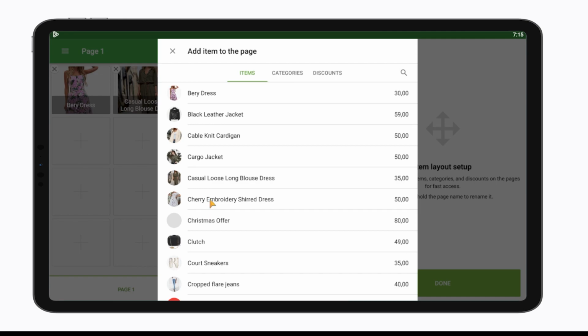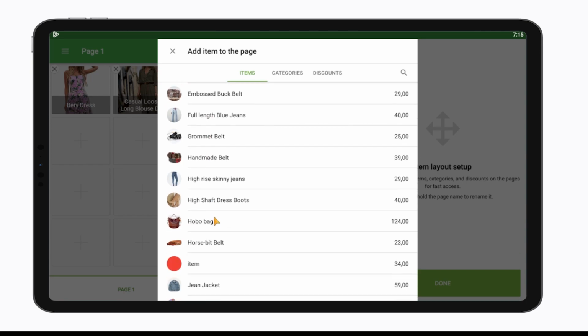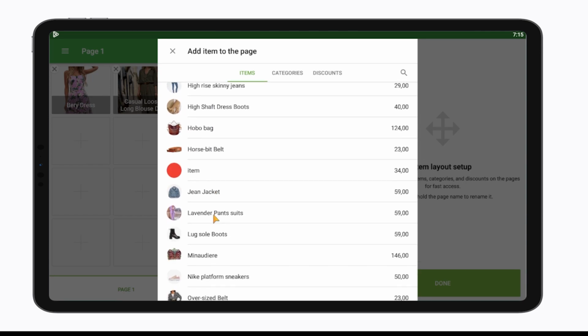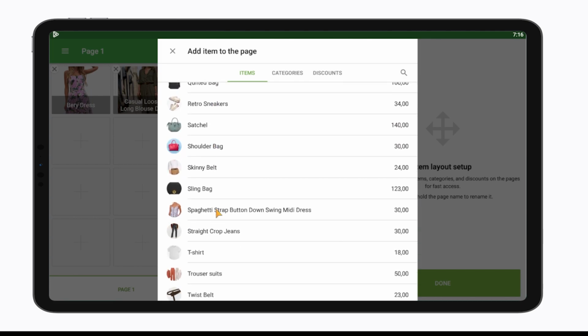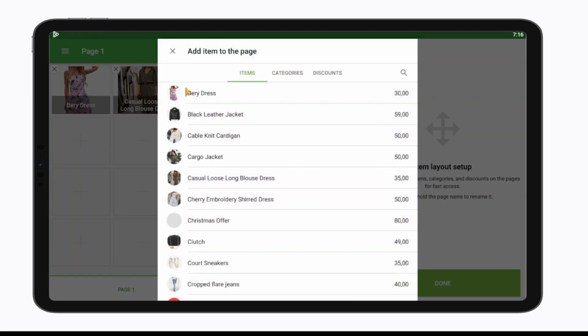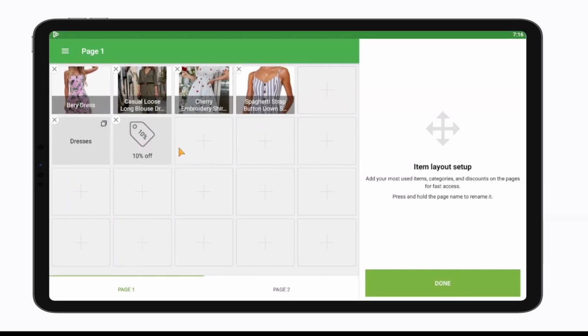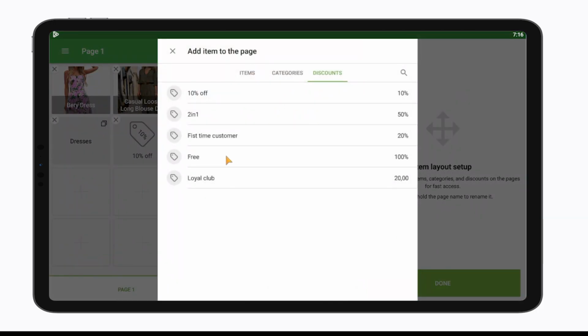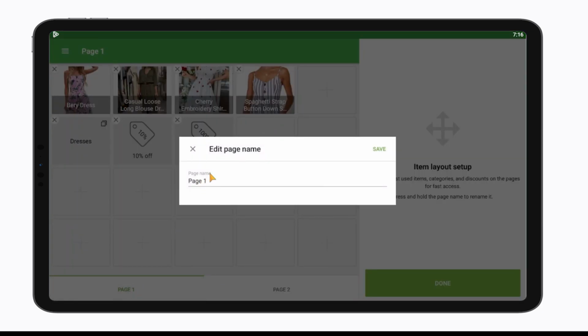And I can add, for example, if I want to add all of my dresses in one page, maybe the most favorite dresses by my customers. But in case that I have many items, I can also add the whole category. Like I can add the category here, dresses, for example. I will add also discounts, so I can find them very easily. And also we can name this page by tap and hold. I can write the name of this page,